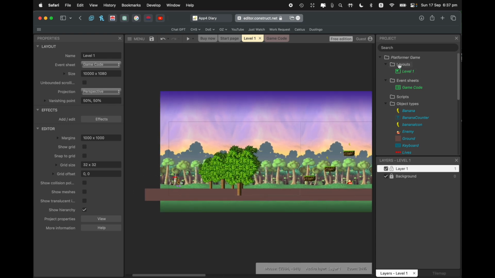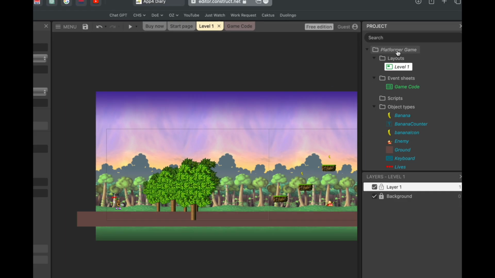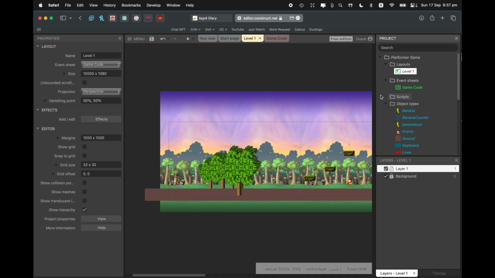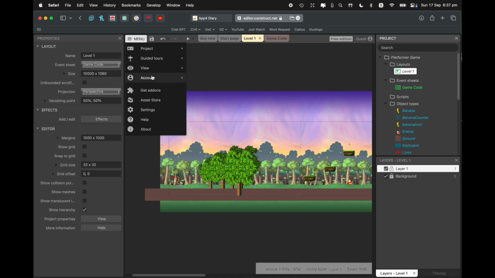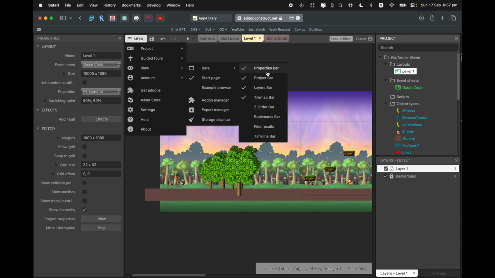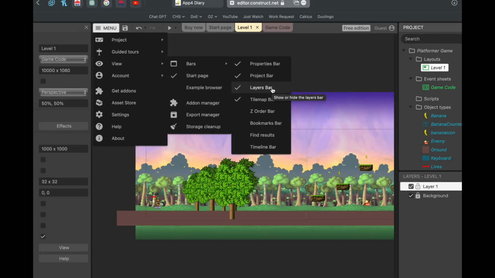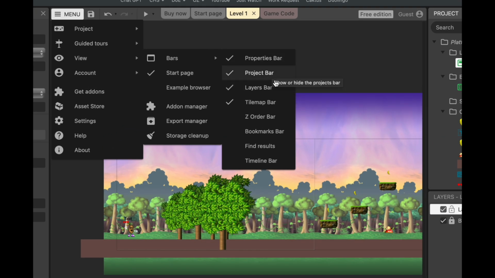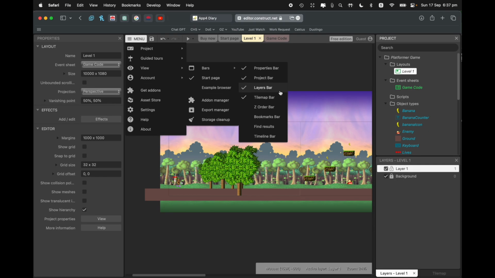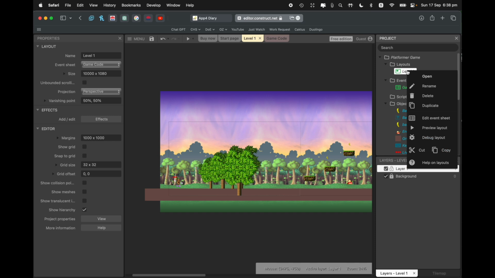So I'm going to go to this side over here where my layouts are. And if you don't have this, if you've accidentally closed this panel or something like that, you can always get it back open by going to View, Bars, and selecting the Properties bar or the Project bar, whichever one you've closed, you can bring them back open. So the one we want is the Project bar. Okay, so I'm going to